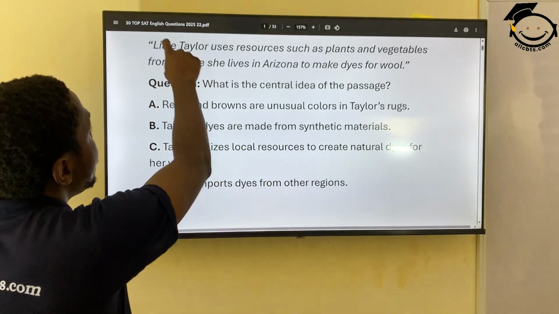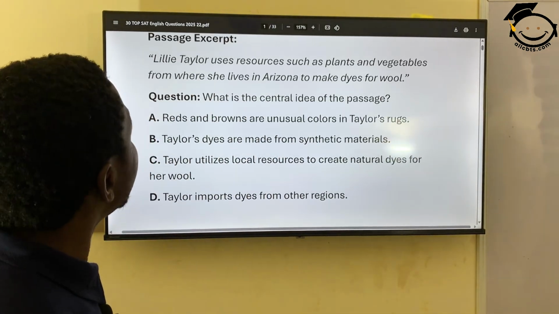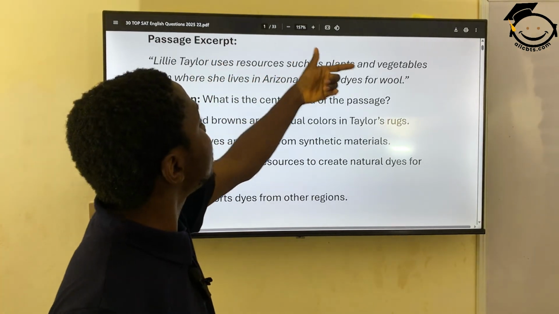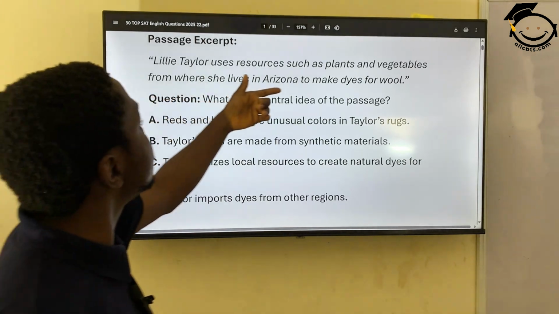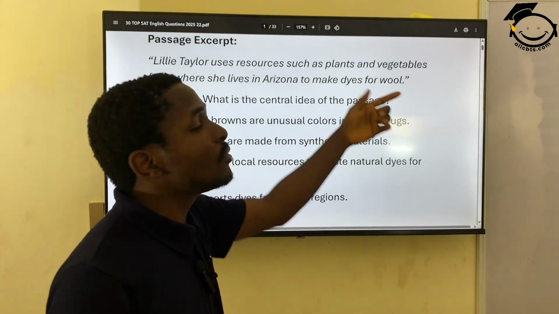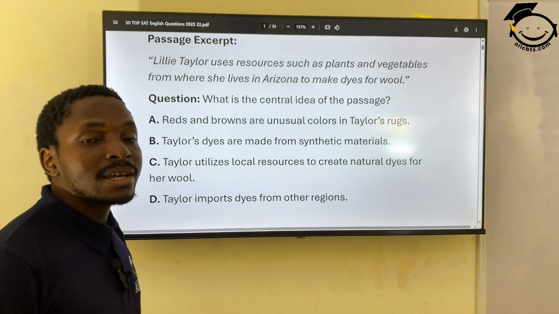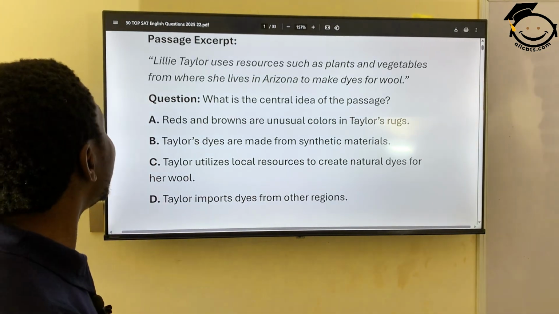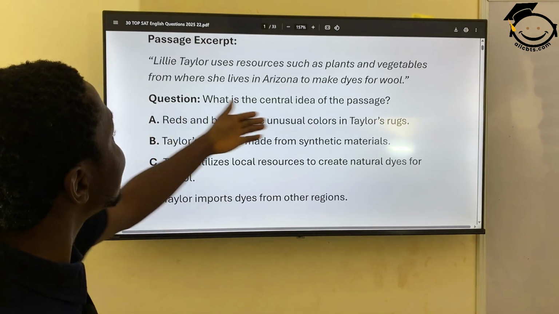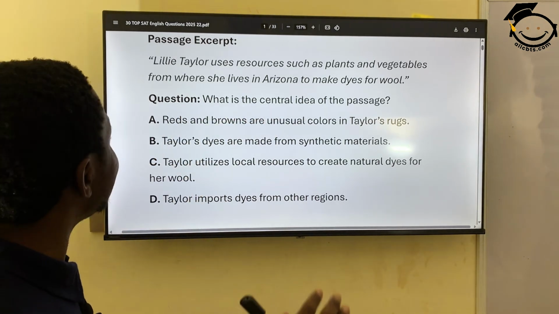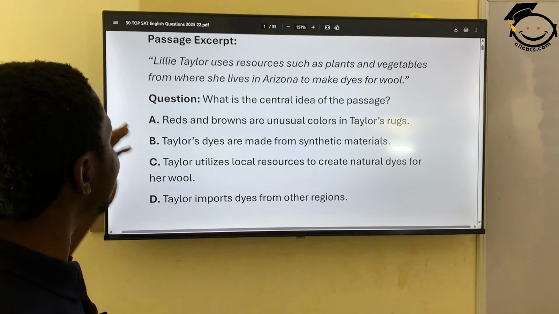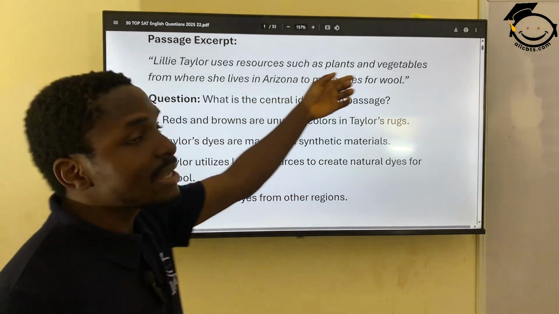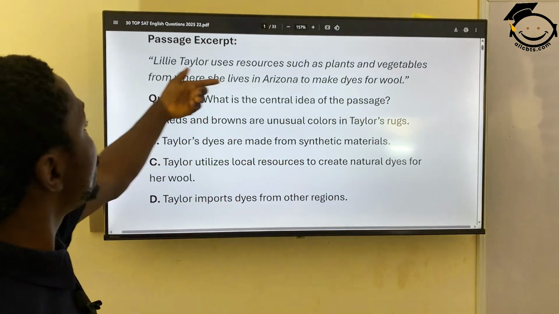Now let's go back to the question, or the excerpt, which is Lily Taylor uses resources such as plants and vegetables from where she lives in Arizona to make dyes for wool. What do you think is the answer? I give you 5 seconds to pick the answer. Alright, it says, what's the central idea of the passage? And the central idea of this passage here would be C. Taylor utilizes local resources. Plants and vegetables are local resources from where